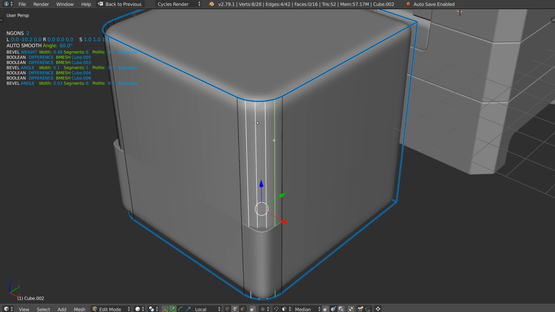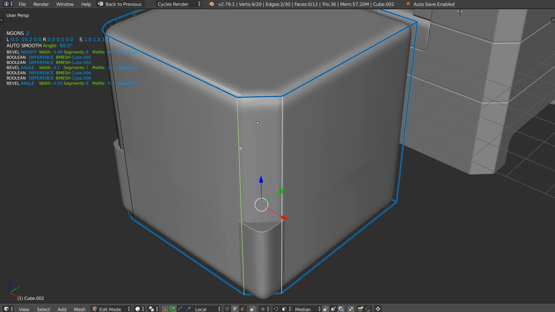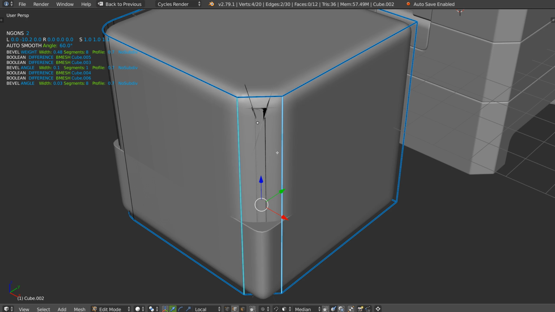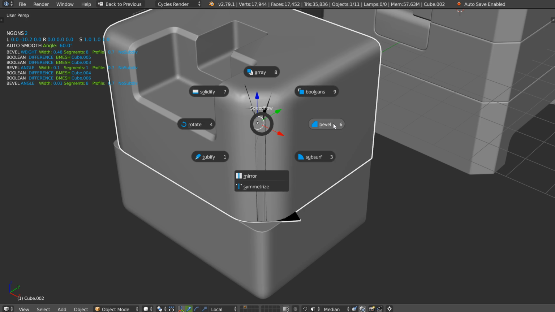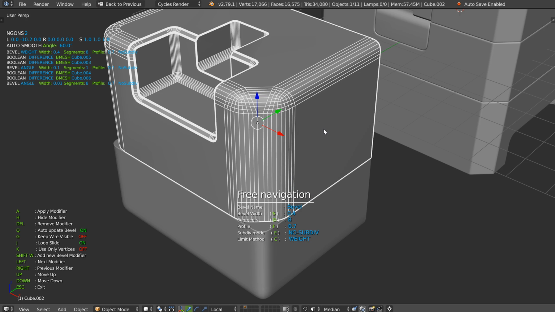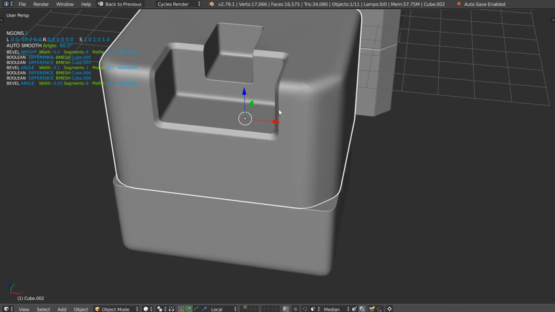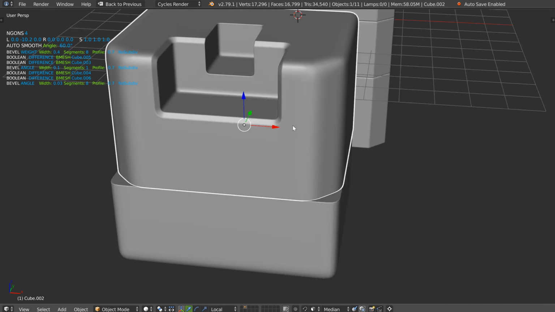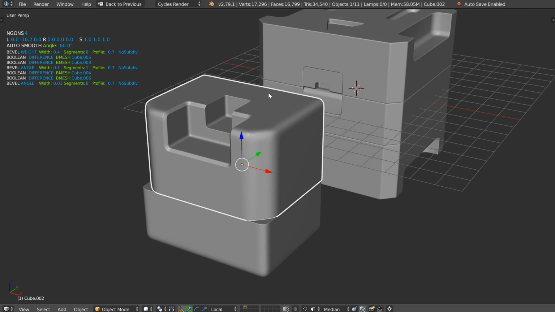I can of course press Control X, select this and make a bevel and add crease sharp. But as you can see, the first bevel is there, so I have to decrease it a little to have something clean. I can make a symmetrize, and that's it. So subdiv and no subdiv can be destructive and non-destructive, and you can do whatever you want.